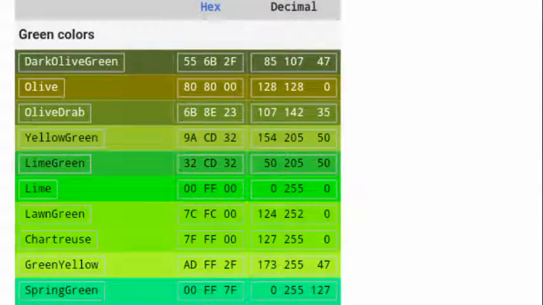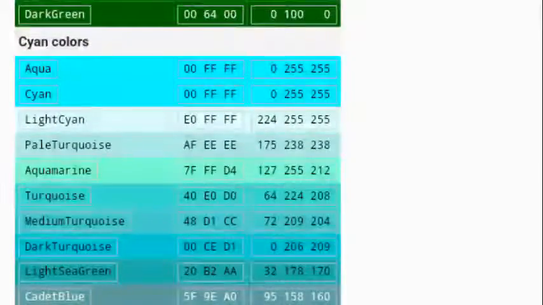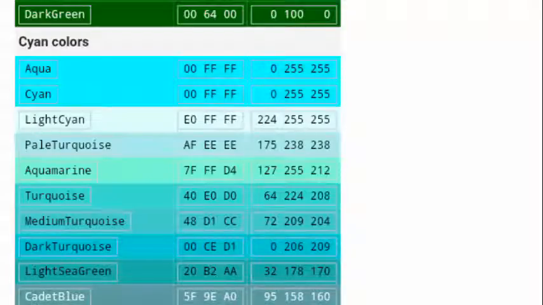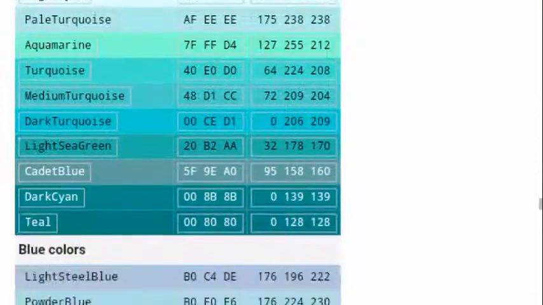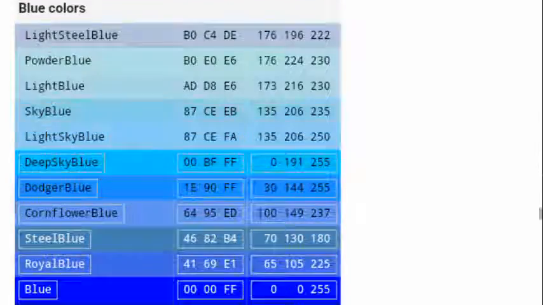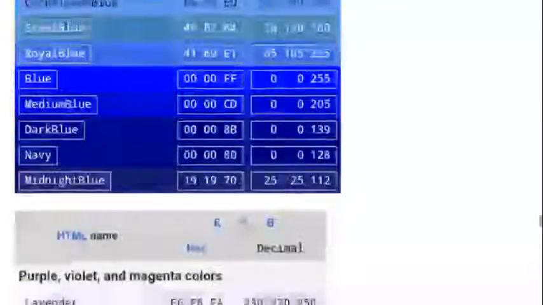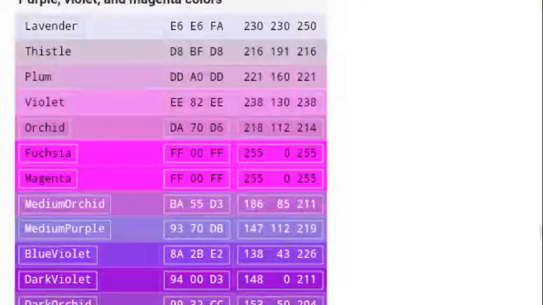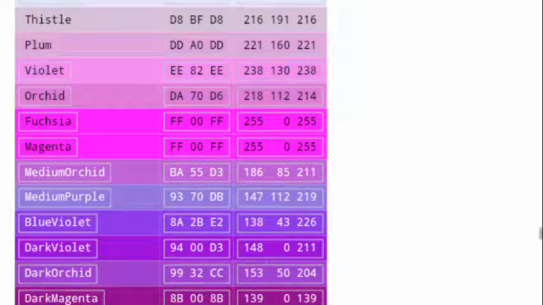And let's say questioning is cyan. There are many types of cyan colors. And let's say queer are blue. There are many types of queer people. And let's say purple is bisexual. Many